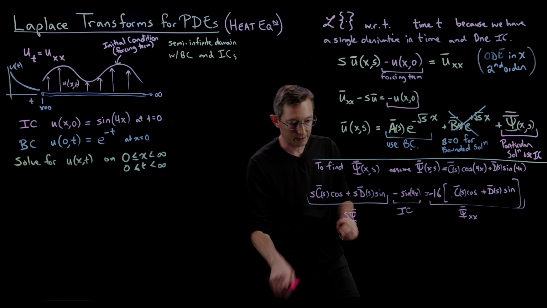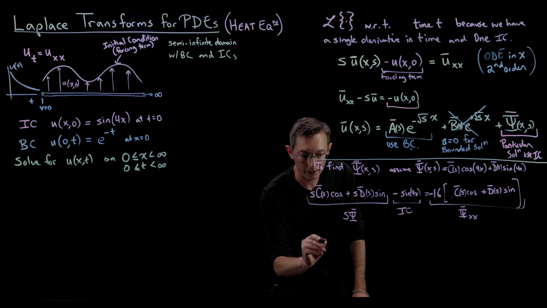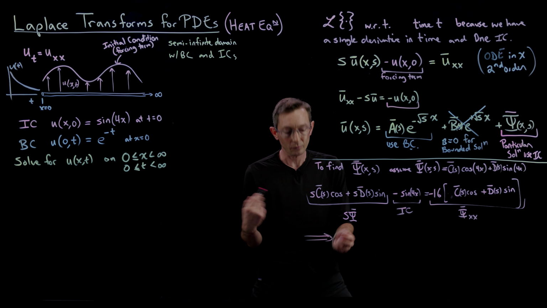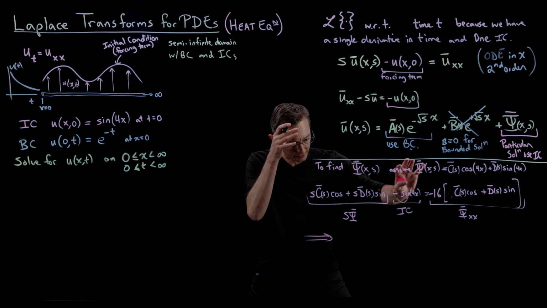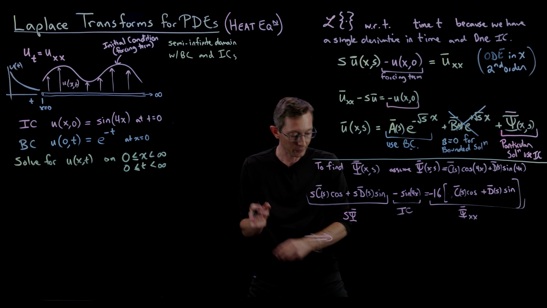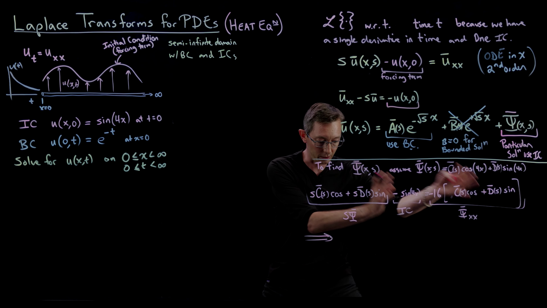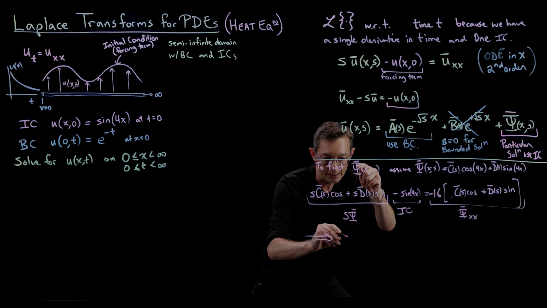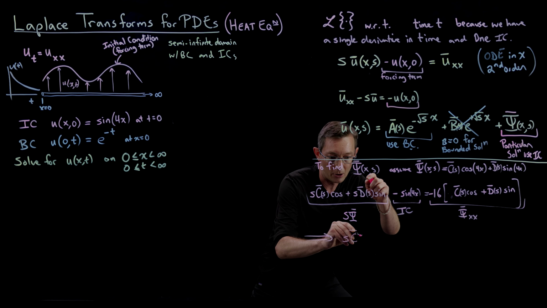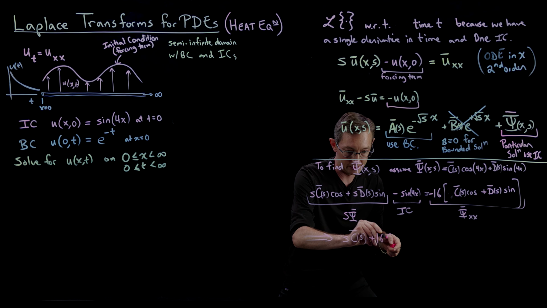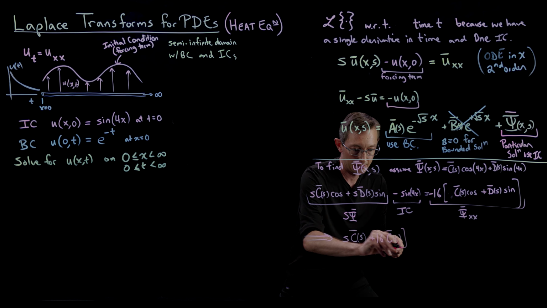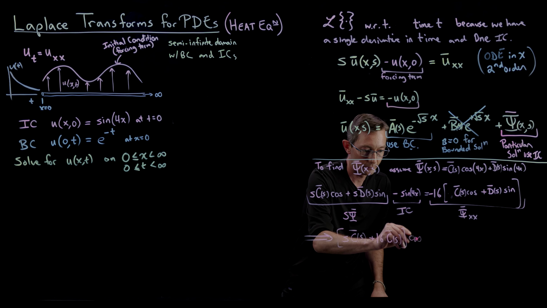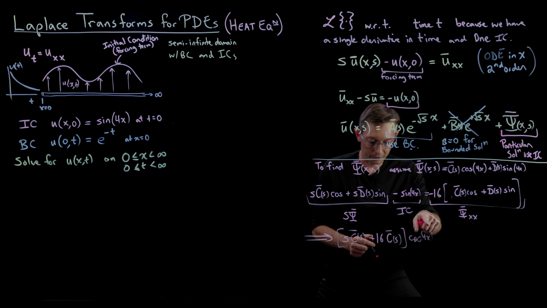We basically are going to collect all of our cosines in one term and all of our sines in one term. So all of our cosines, we have s, c bar s. If I move this over, I get plus 16 c bar s cosine 4x plus,